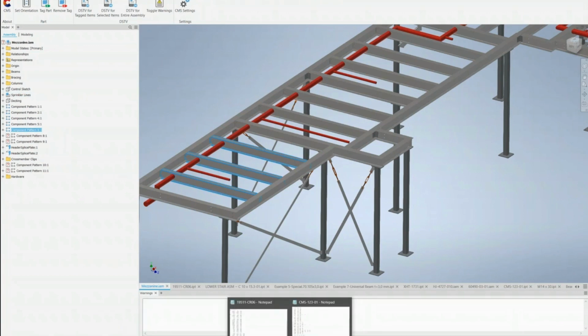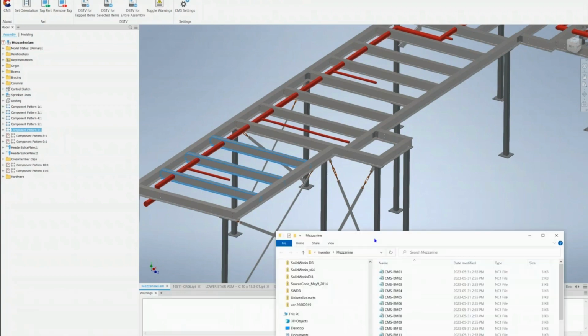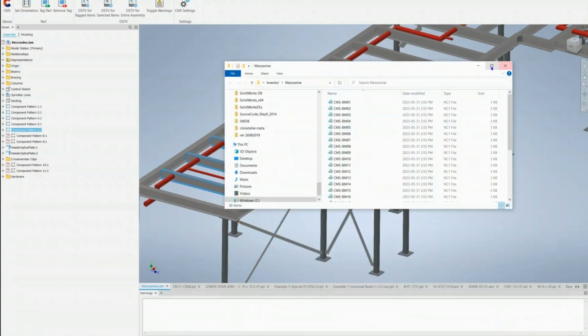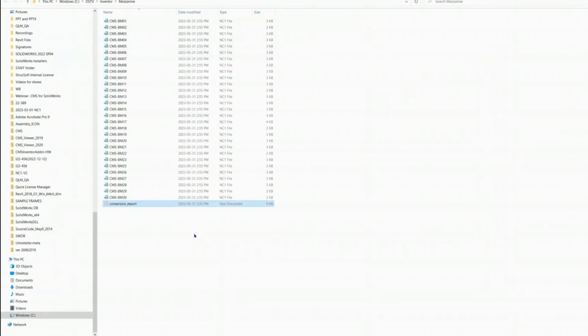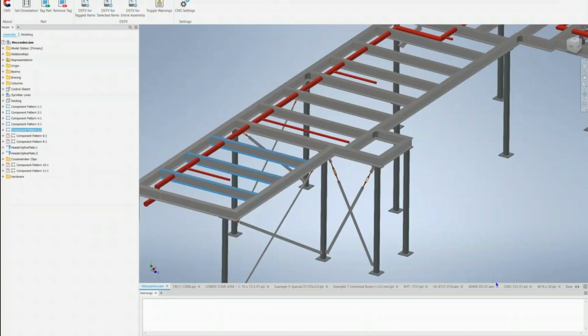As you see, for that very reason, even though we were processing 38 parts, it ended up giving me only 29 NC1 files with the conversion report. If anything failed, it will show up over here, right? But it's clean, so that means everything was converted. And as I said, it did recognize multiple occurrences, and it will only bring the ones that you need. On top of that, our software can read your